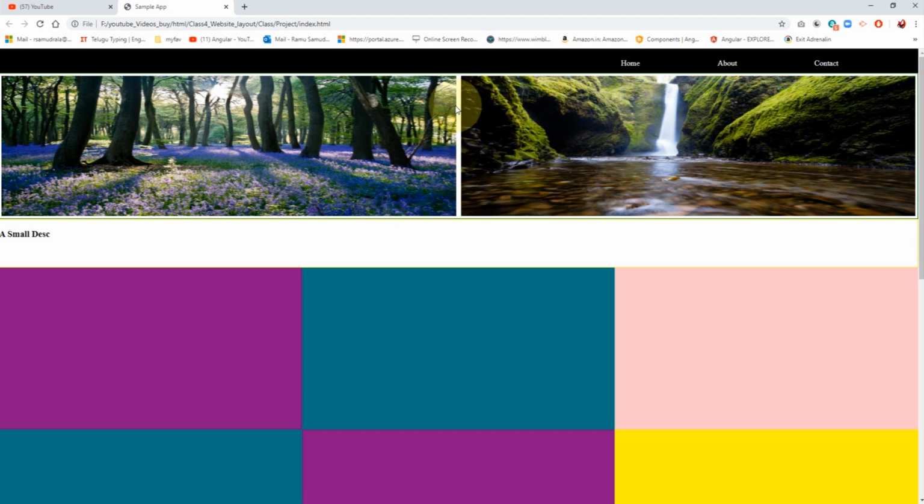So for that, what's happening here is, padding 5 pixel means it will apply 5 pixel on 4 sides. Here also padding 5 pixel, so it is applying on 4 sides. So this image's right side and this image's left side are 5 pixel plus 5 pixel, so a total of 10 pixel is added. So for one image we need to remove 5 pixel, left or right.